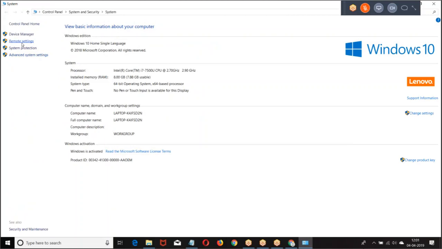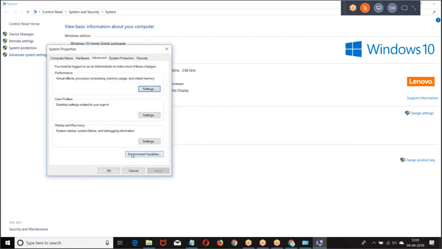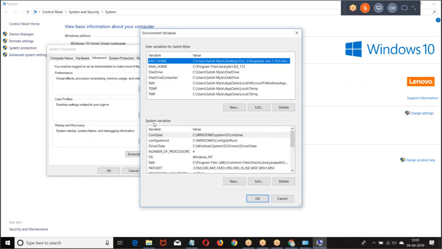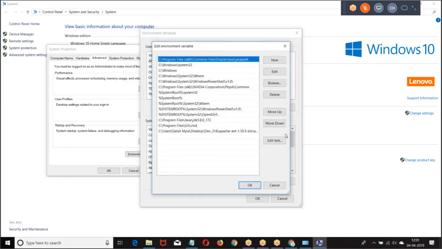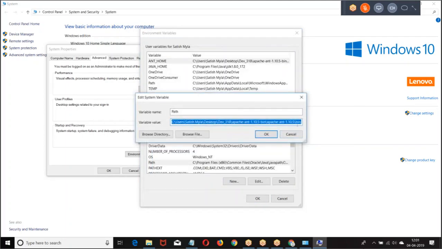How do you put it in the path? In the system variables, already some data will be there. Select the path, edit, put a semicolon, then give the path of the bin folder of Java. All the bin folder paths will be in a single line here. Don't delete the existing ones; put a semicolon and add to the existing.